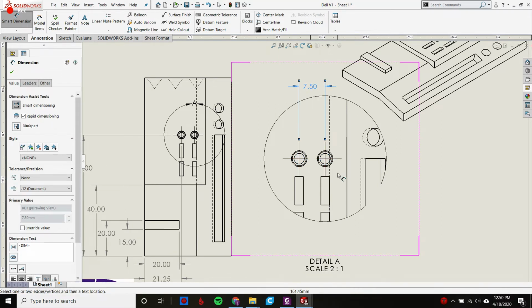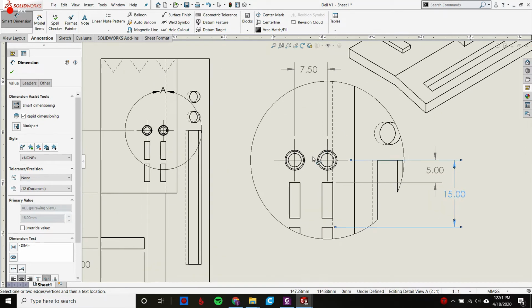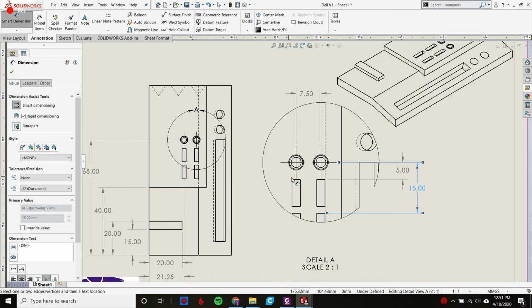Then I'm going to do the distance between this and this, right? We'll bring that out there. And then the distance between this and this, okay? All right. And now we want to do these holes in here, right? These are a little confusing. So let's remember that